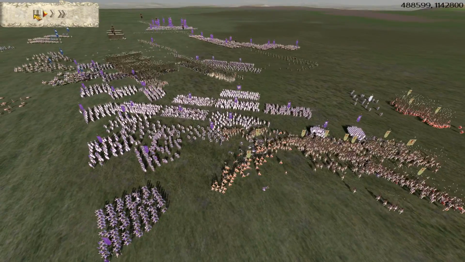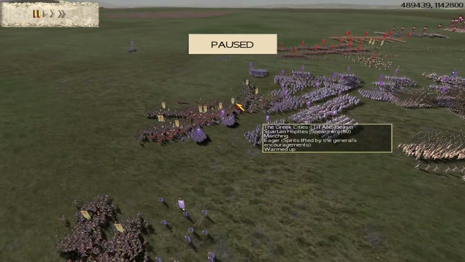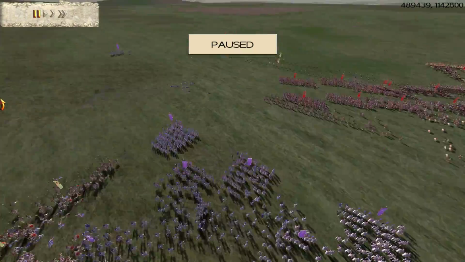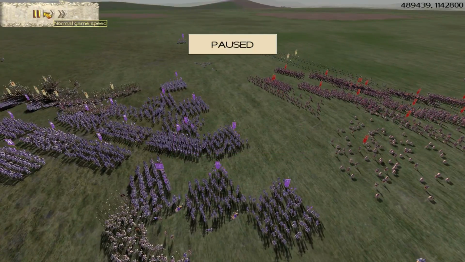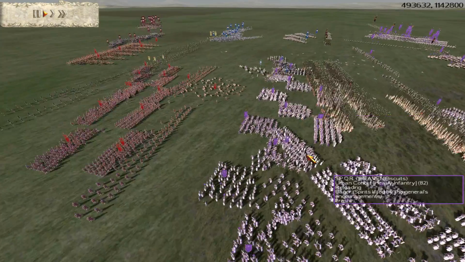Now really nice move here from Lucius-C-Sulla. What he's done, my guys have been snagged up, but he's chucked in all of his units here to try and make sure that he's blocked that gap, to make sure that we can try and separate all of these Greeks away from their allies. So that's exactly what Lucius has done. Really nice play here. So he's pulled off his guys, he's snagged up